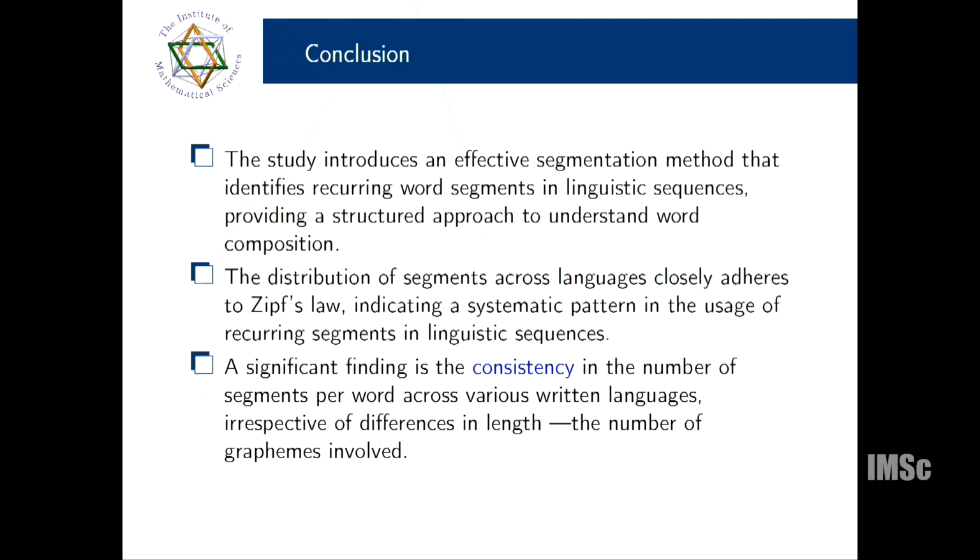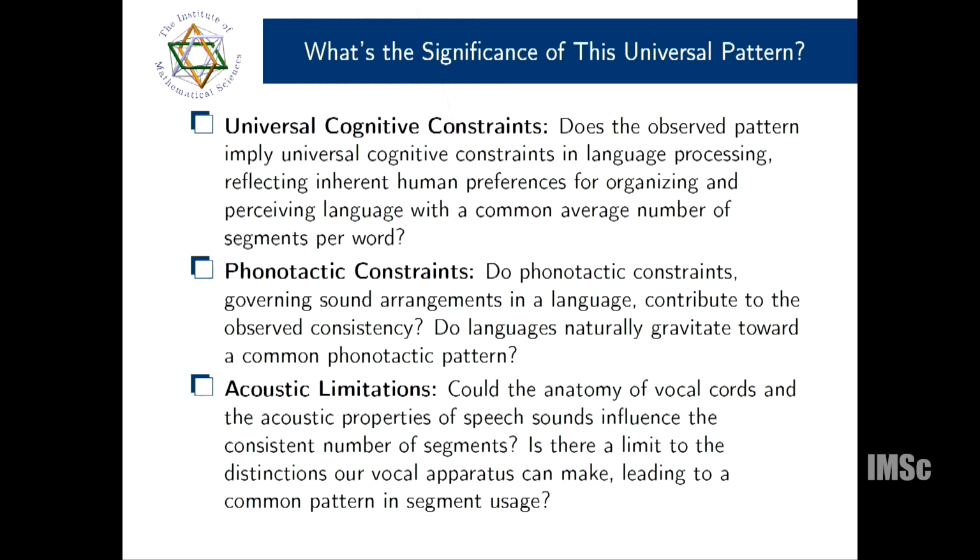And this third one, what I said, the consistency in the universal pattern: what we have found is that to construct any word, you need on average 3 segments per word. Again, why this universal property, we don't know. Maybe some cognitive constraint plays a role here, a universal cognitive constraint